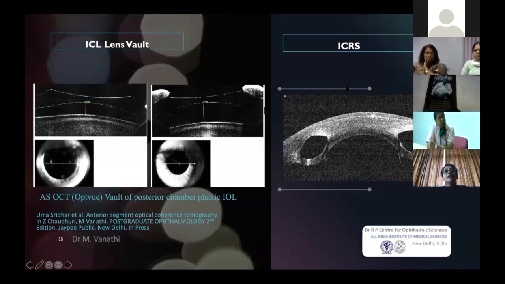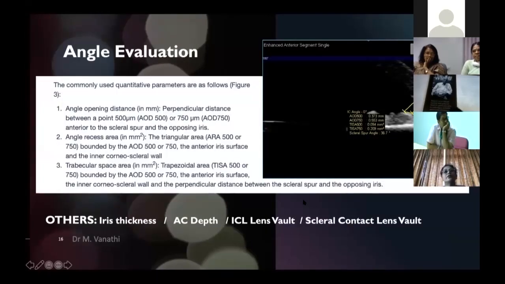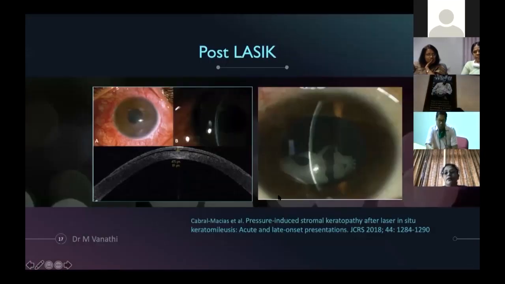Another option in refractive surgeries is in implantation of intracorneal ring segments, and you could look at the depth at which these segments have been implanted, and postoperative follow-up to see the corneal stromal decompensation around these ICRS segments will also be helpful here. Angle evaluations again can be best done with ASOCT, especially after you've done ICLs for these patients here, and these would help you to document the angle narrowing in such cases as well here.